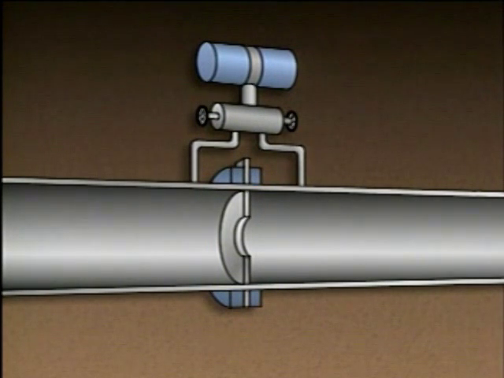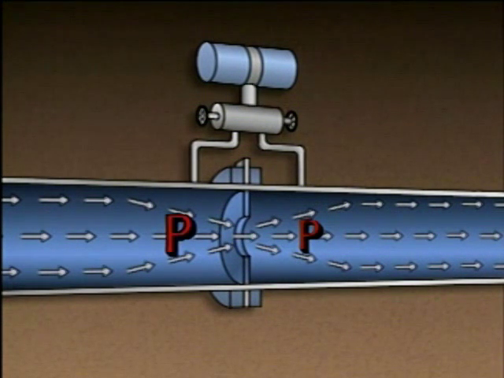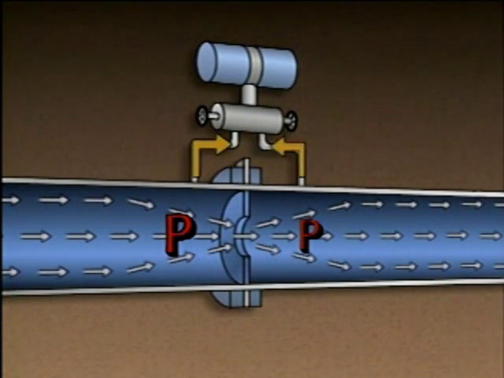More specifically, the orifice plate causes an energy conversion to take place. As fluid flows through the opening in the orifice plate, its pressure decreases and its velocity increases. The conversion of pressure to velocity causes the pressure on the downstream side of the plate to fall below the pressure on the upstream side. A device such as a differential pressure, or DP cell, measures the difference between the two pressures and provides a